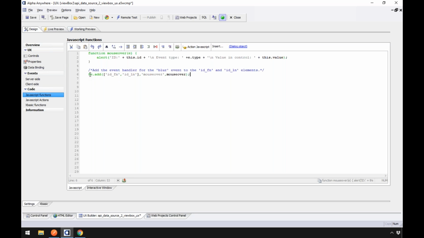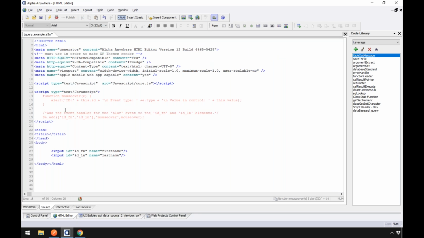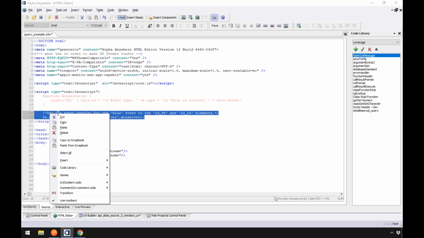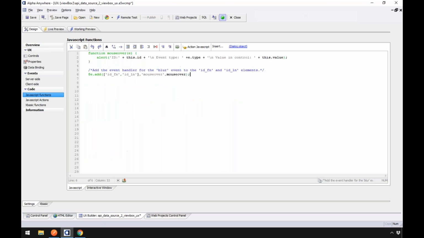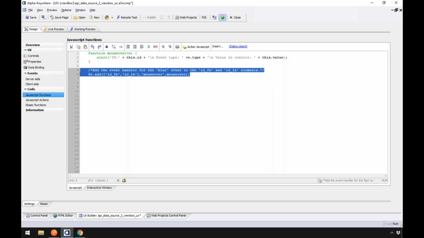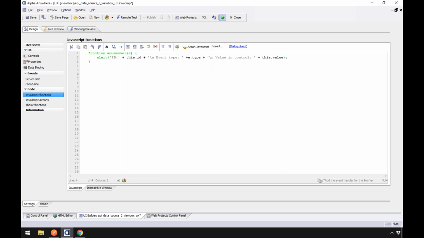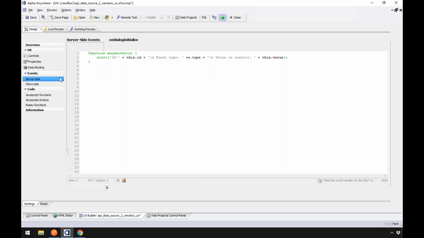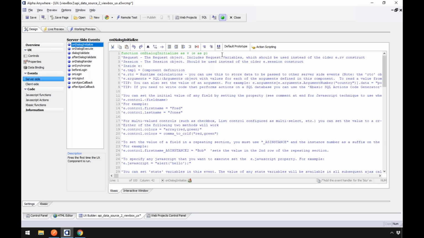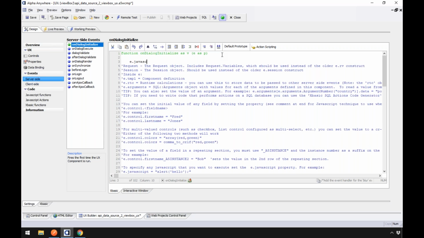Very cool. Oh, add the event. I wonder what that does. So this must run when the UX runs. So I would actually do this to make this simple. I'd put that function there, but then I would take it out here because it's just a function now that's built in and available. But I go to the server side event and I can say e.javascript is equal to